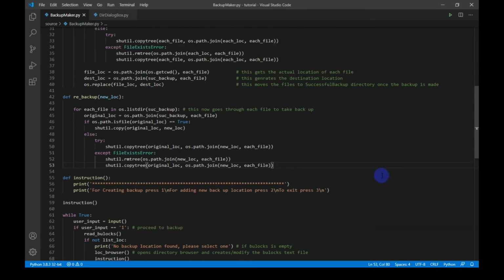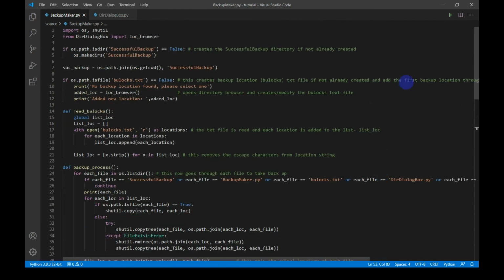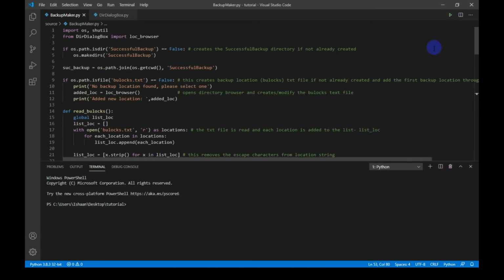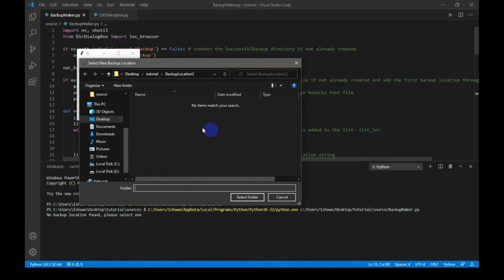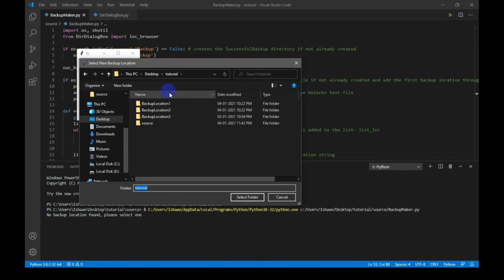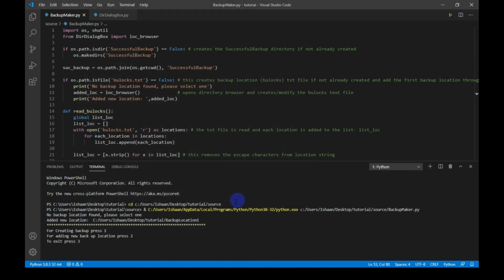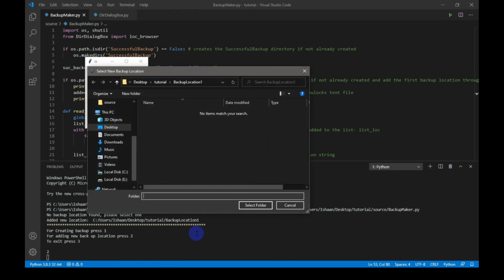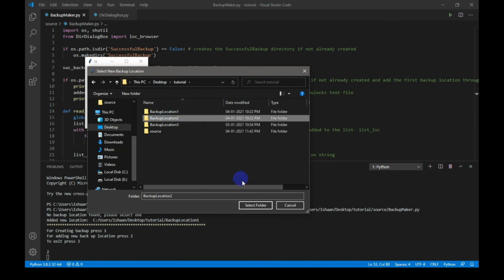Now let's run the code and check. I will select backup location 1. Now I will add a second location by pressing 2 and enter. Backup location 2 is selected.